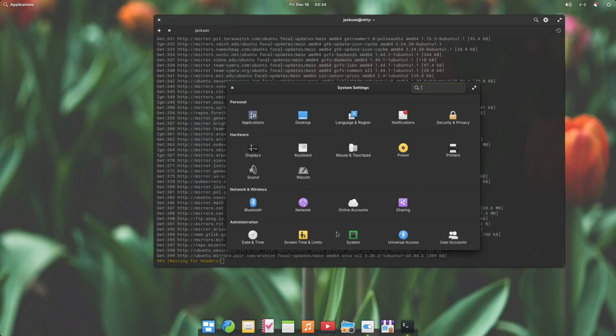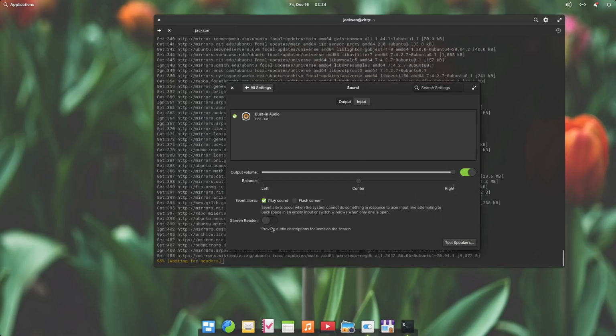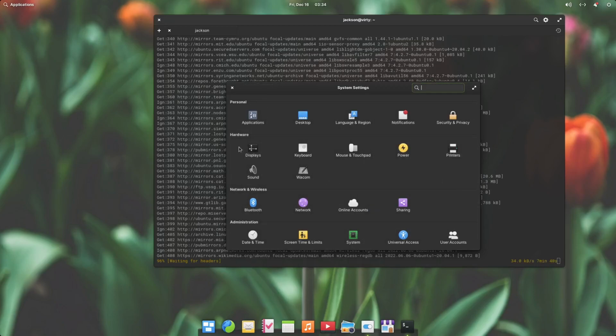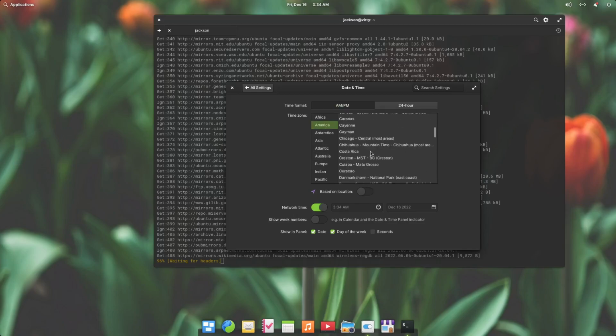This seems very standard. You do have a thing where you can test your speakers. Front left, front right. Front left, right. I don't know if you guys can hear that. Now, I'm going to speed up the video after I make this AM and PM. And I'm gonna set this to Chicago because this is really bothering me. Where's Chicago? Chicago.